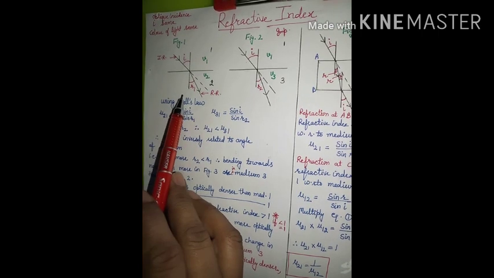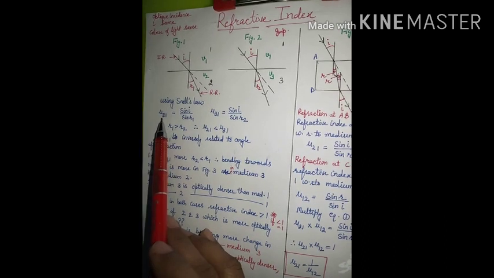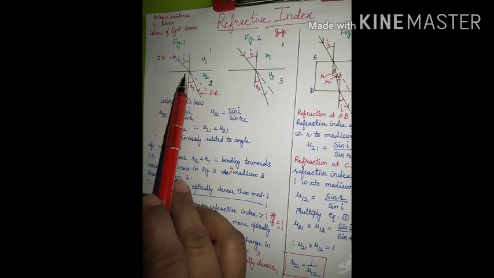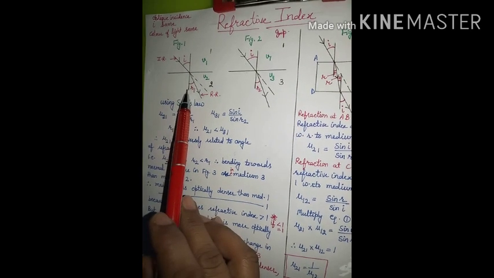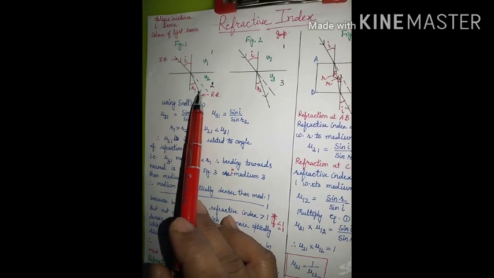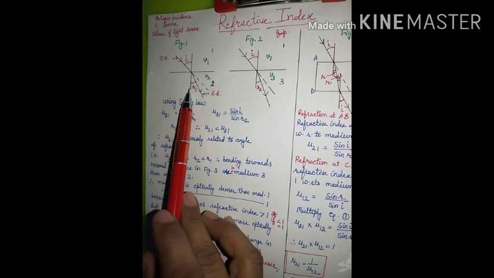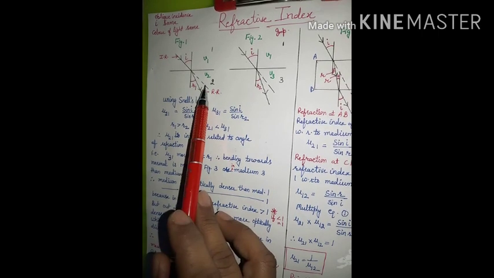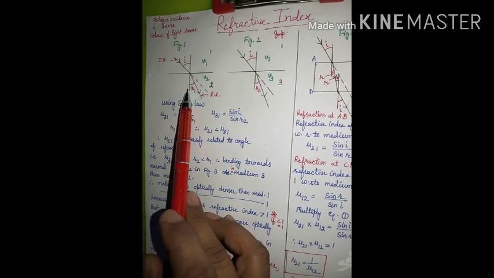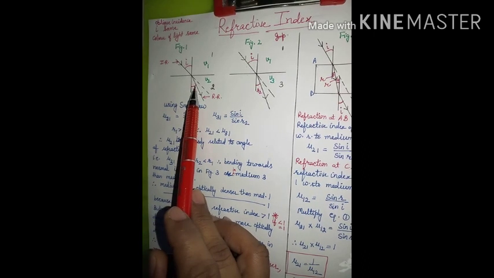And in the previous video, we have considered Snell's law. According to this law, the refractive index of the second medium, if you see this figure, this is the incident ray of light, this is the point of incidence, this is the normal. So this is the angle of incidence. This is the refracted ray. In going to medium 2 from medium 1, this ray of light is bending towards the normal. This is its original path, but when it enters from medium 1 to medium 2, it bends towards the normal. So this is the refracted ray, and this angle is the angle of refraction.